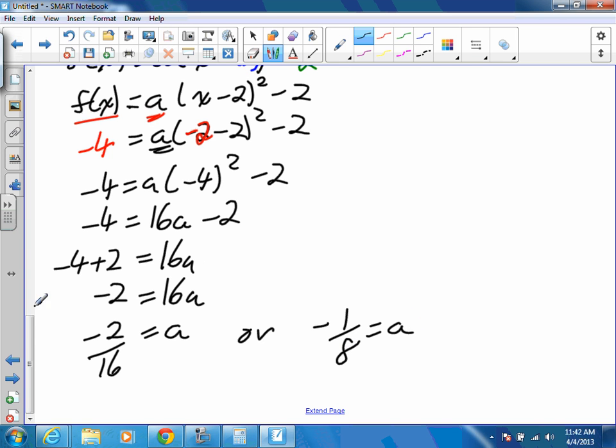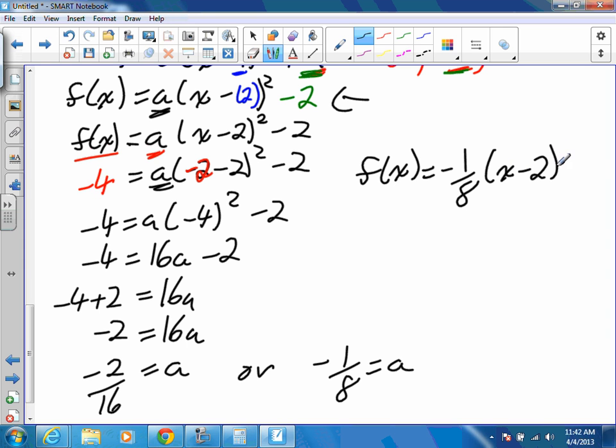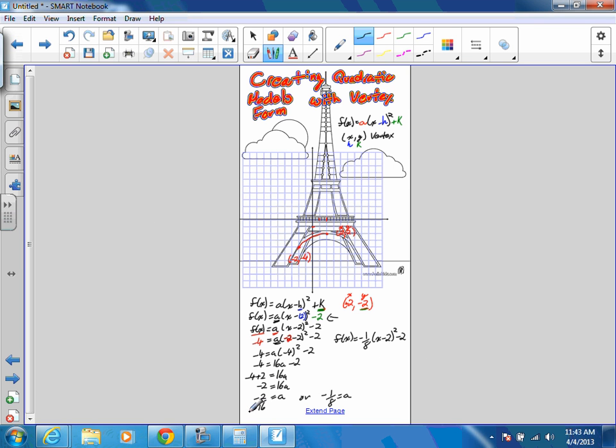So for our vertex form, we use this form and just plug that in for the a. f of x is equal to negative 1/8 times (x minus 2) squared minus 2. Okay? So there's our work for determining the model of the